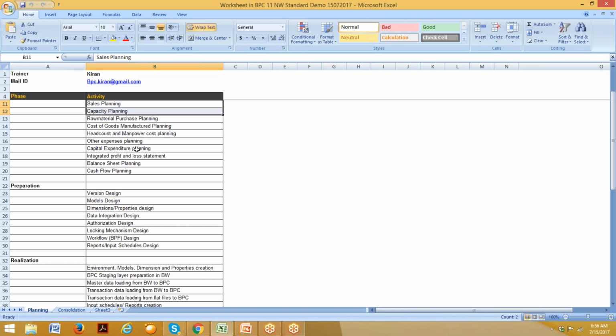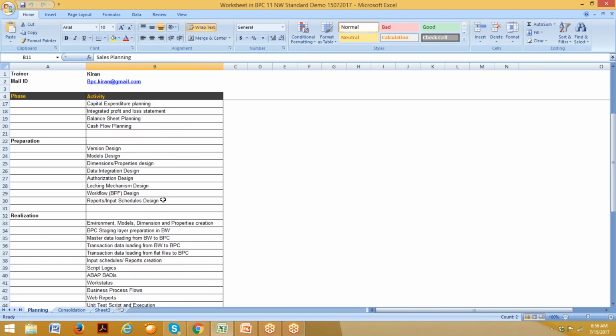And also we are going to design authorizations. So what users, themes, task profiles and data access profiles are to be created, we are going to discuss. And the business process flow solution, reports and input schedules to be developed, that solution will be given in the blueprint. Once blueprint preparation is over,